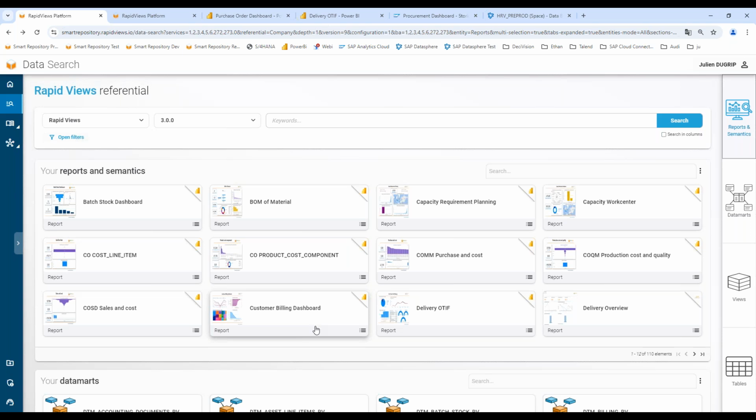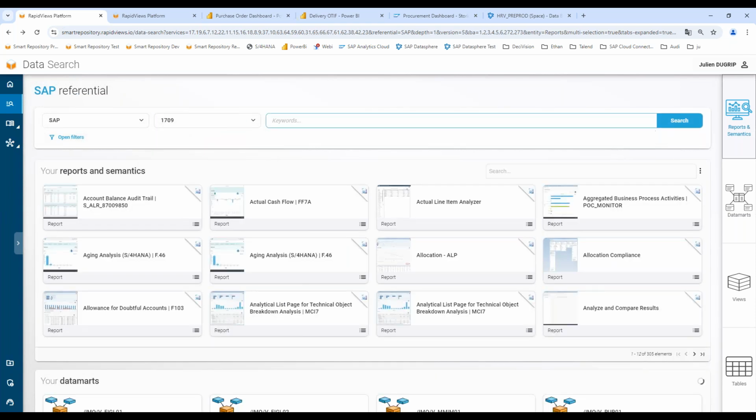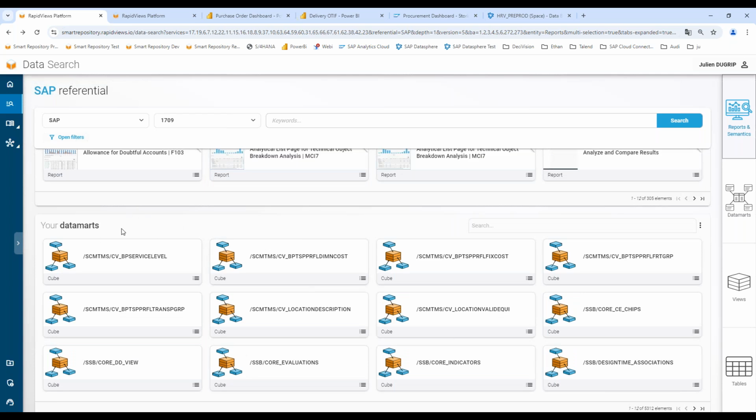We also provide all the repository of CDS views. Yes, we can have access to the SAP repository, and on the SAP repository, we can have access to all the Fiori standard tiles provided by SAP. We can have access to all the standard data marts provided by SAP. That's interesting.